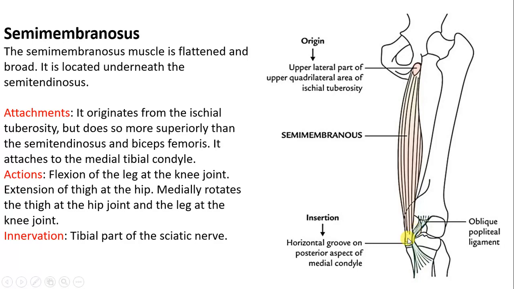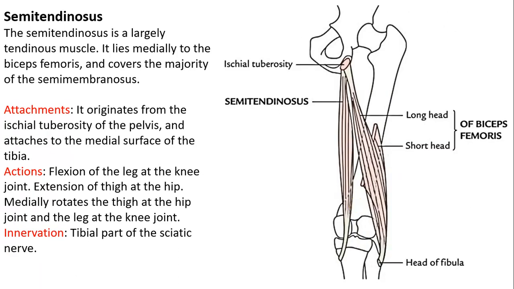This is the additional attachment of the semimembranosus, which forms the oblique popliteal ligament. Action will be the same, and the nerve supply will be the tibial part of the sciatic nerve. Then we see semitendinosus has a tendon-like insertion, while in the semimembranosus the insertion was membrane-like,